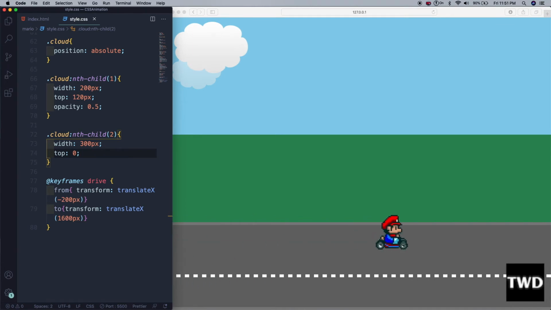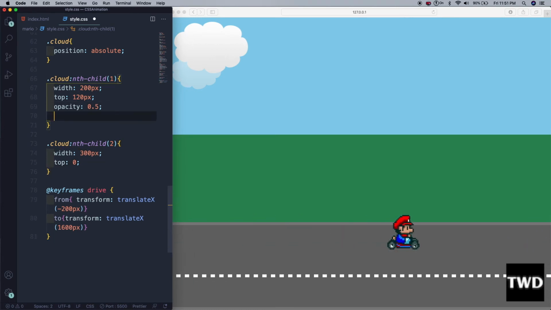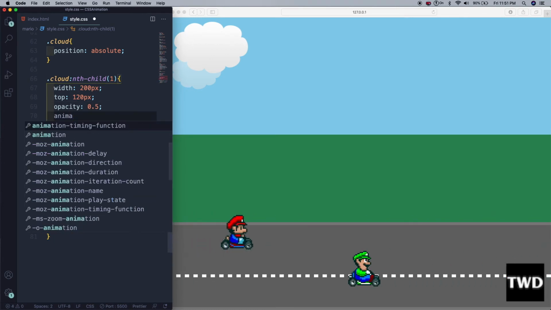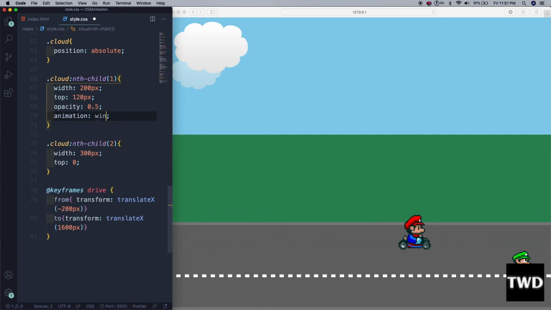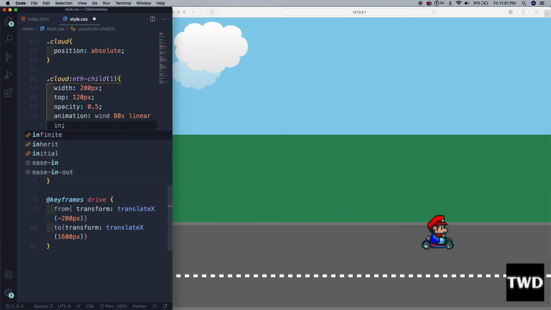So now this first one, see what we are going to do. We are going to use the shorthand, which is just animation wind. So we are going to soon use keyframes for this, 80 seconds, so it will go for 80 seconds linear, just like Mario, a linear animation.